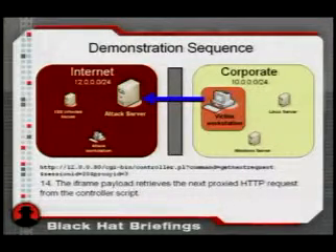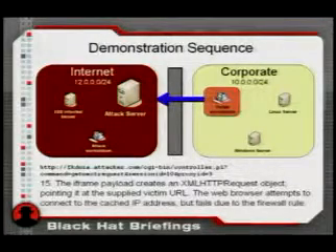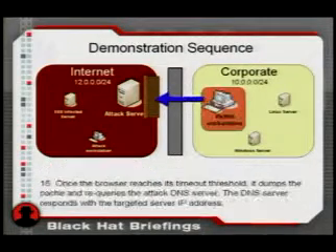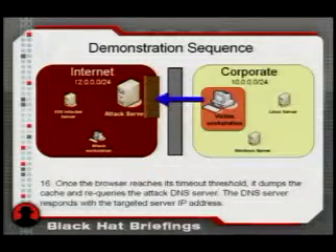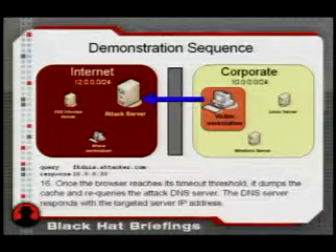At the same time, the iframe payload retrieves the next URL that's going to be processed, the first one that was sent by the attacker, and creates an XML HTTP request object for it. The browser will start to process it and will try to connect to the IP address that it's pinned in its cache, but it's going to fail due to the firewall rule. Eventually, the browser will dump its DNS cache because it timed out and requery DNS. Once this happens, the attack server, of course, will reply with the IP address of the victim server.